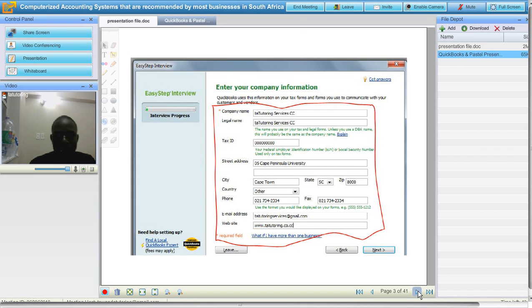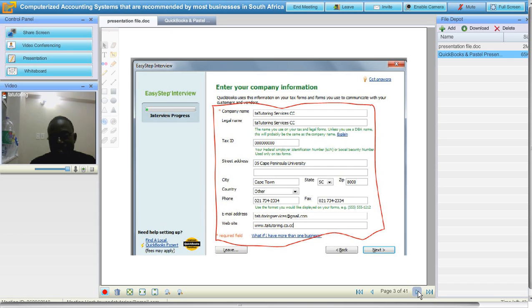You'll be prompted by the page where you should enter your company information. This information is about your company. Enter your company name, and this company name is going to appear on your invoices and on all the documents like statements, your quotations, and other statements. Your legal name: some companies have a different legal name than the company name, so you can type it as well if you have a different name. But if you have the same name, just leave it as it is.